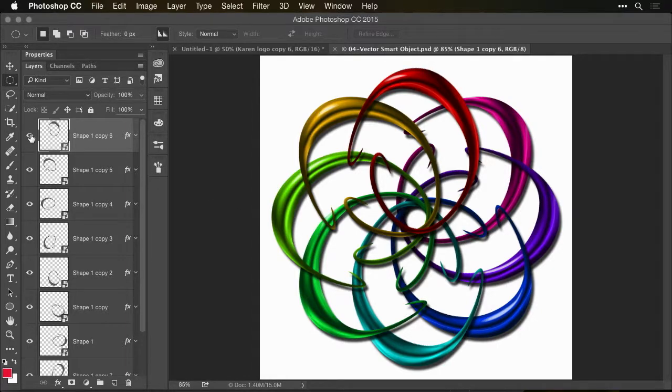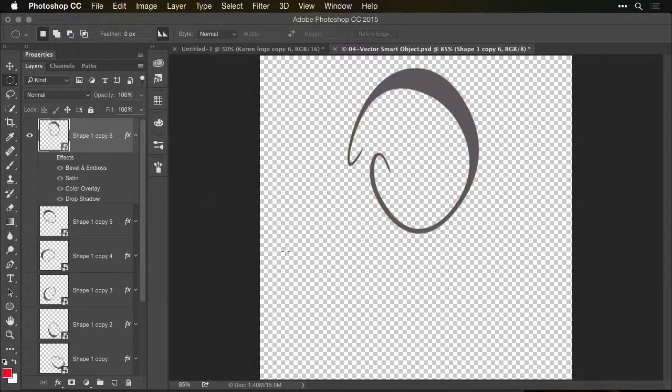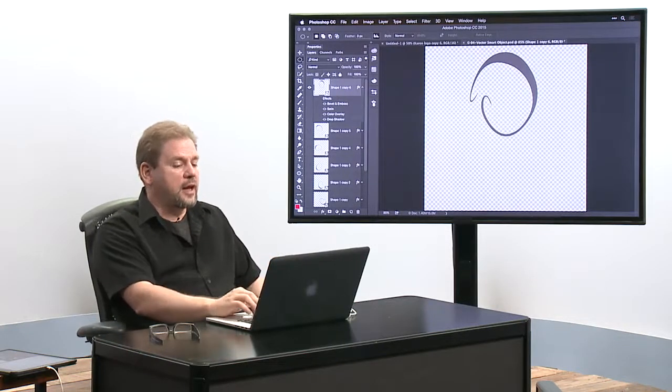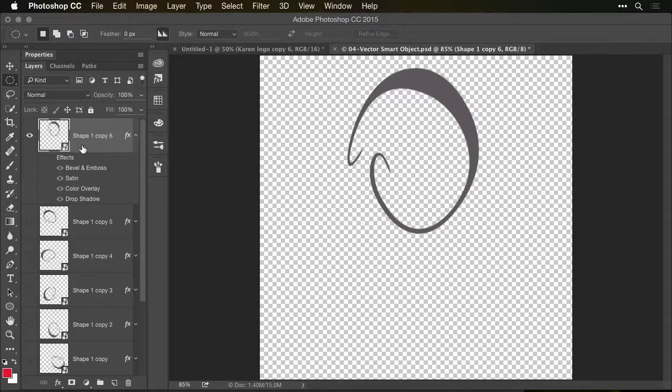What I did is I created one shape, and this shape has some accessories attached. I'll turn off that. There it is. This was made with the shape tool. You can make a circle and then take away from the circle and then add and all sorts of things to make this. But I made this, turned it into a smart object, and then I duplicated the smart object